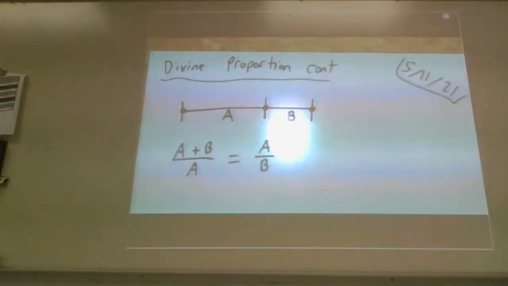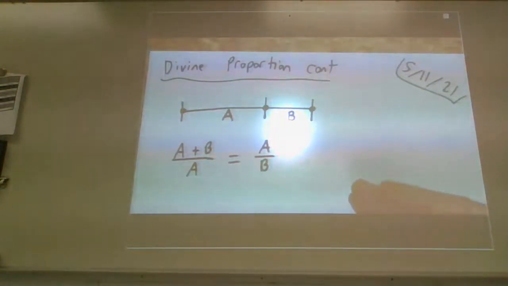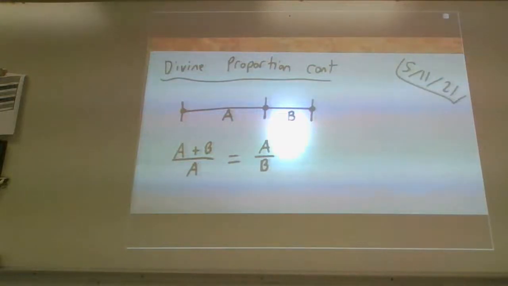There's a lot of different ways to define that, and I'm going to show you one of the classical ways of saying that statement. But this is the algebraic way of expressing that idea. This weird A-B relationship is going to produce the value of phi. And it's going to be kind of nice, actually. It really is going to be kind of nice. You'll see what I mean in a moment.